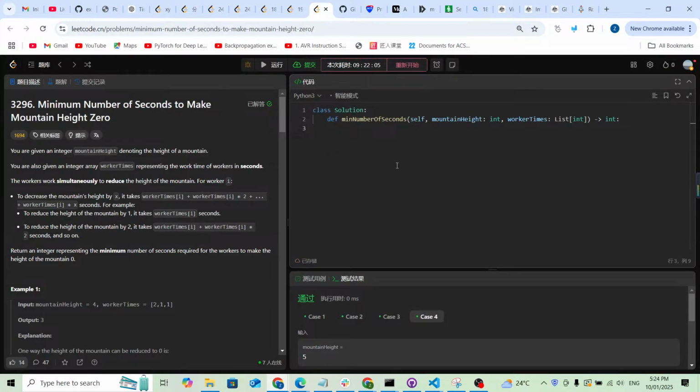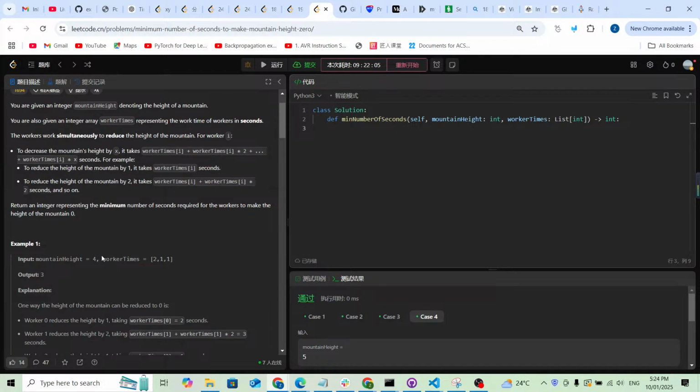Hello, welcome. Let's try to solve another Leetcode problem. 3296, minimum number of seconds to make mountain height 0. For this problem, we are given a mountain height, and for each unit of time, we